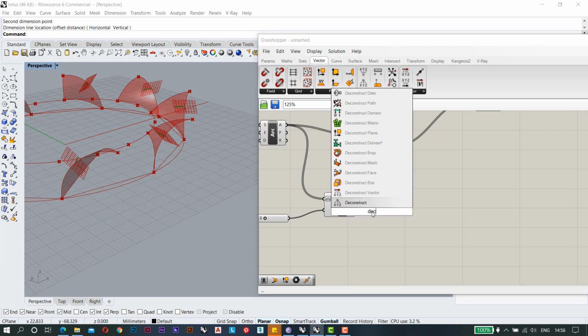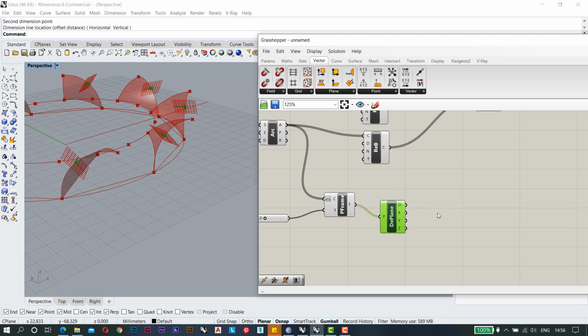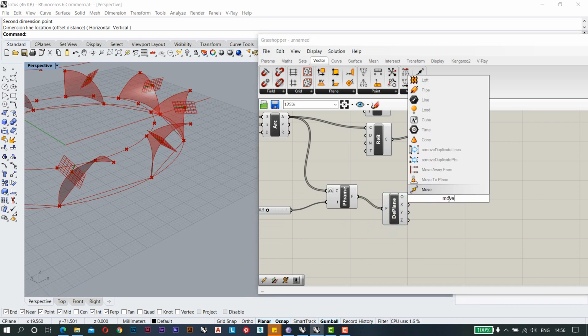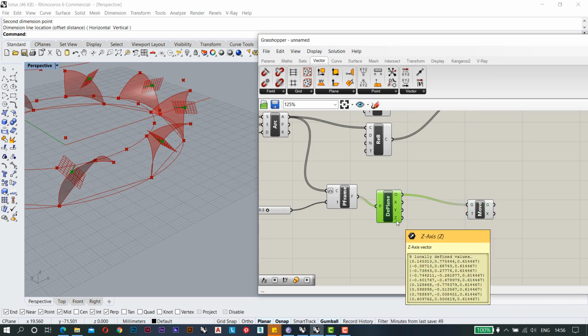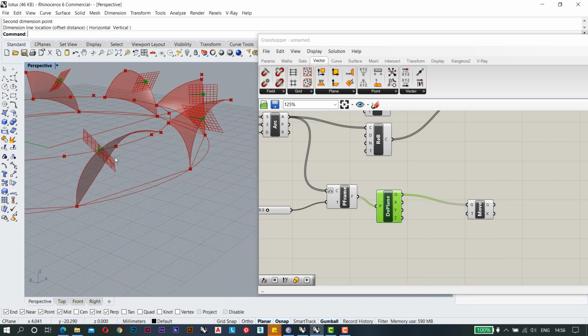So we will go to the deconstruct method, which is the deconstruct plane. So this is a plane, so I'm going to put it here, and then I will move it. So I will move the geometry like this. So after that I have x, y and z values, so I need to change those values. So basically we don't need to change the z value, we need to change the x and y.